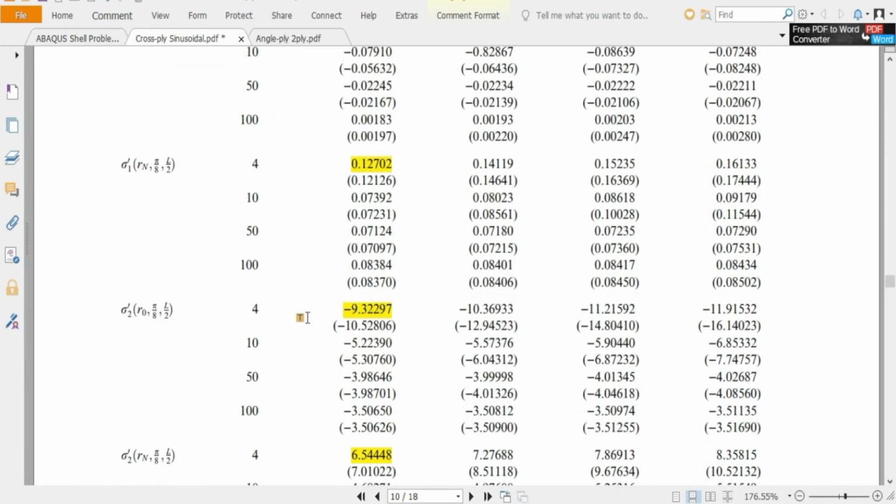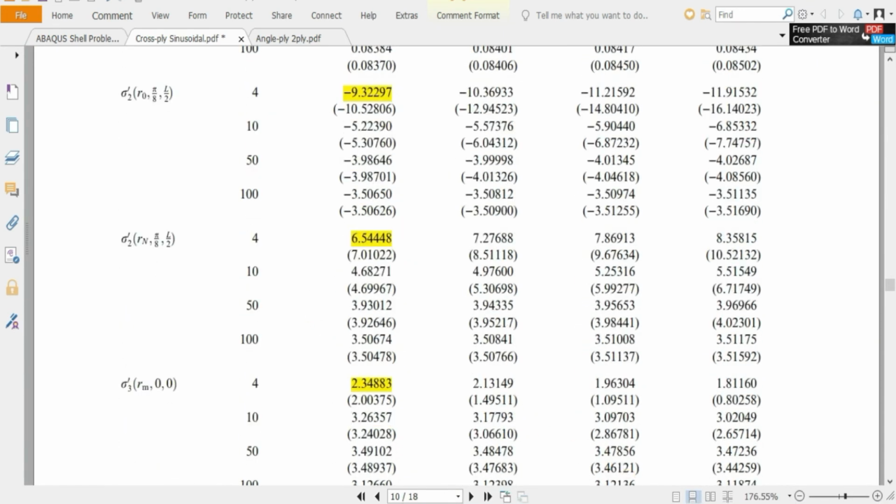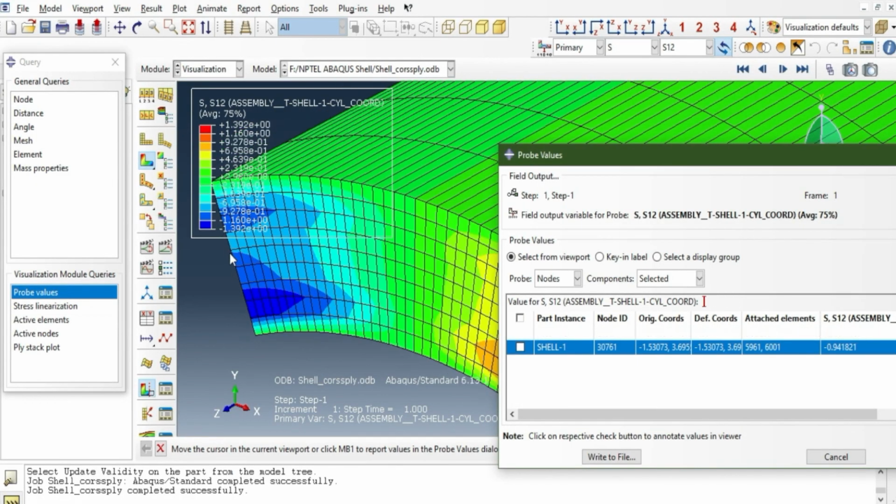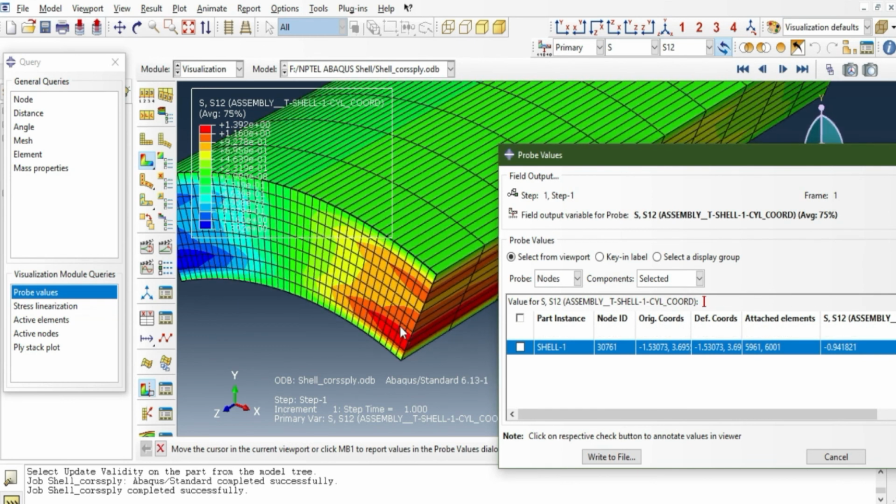However, we can infer that our modeling is proper and the results can be converged after a convergence study.